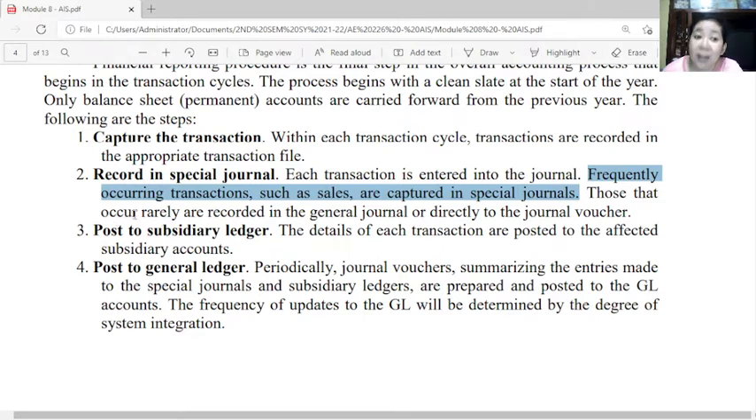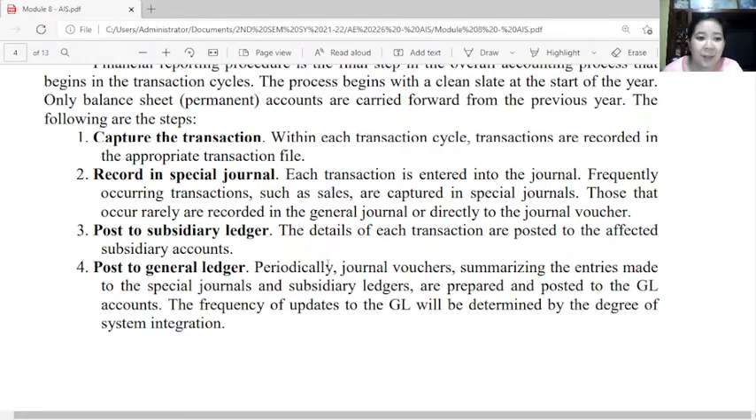Transactions which occur rarely, we will record in our general ledger or directly in our journal voucher. So we know that in our accounting cycle, third is posting to subsidiary ledgers. The details of each transaction will be posted to the affected subsidiary accounts, so that the entity will know specifically the item or the customer, for example, the balances that will be collected or due to them